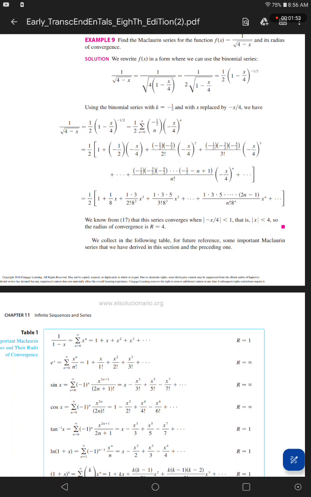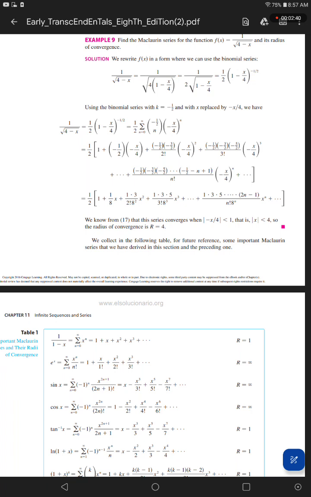(negative x over 4) plus (negative 1/2)(negative 3/2) over 2 factorial times (negative x over 4) squared plus (negative 1/2)(negative 3/2)(negative 5/2) over 3 factorial times (negative x over 4) cubed plus ellipsis plus (negative 1/2)